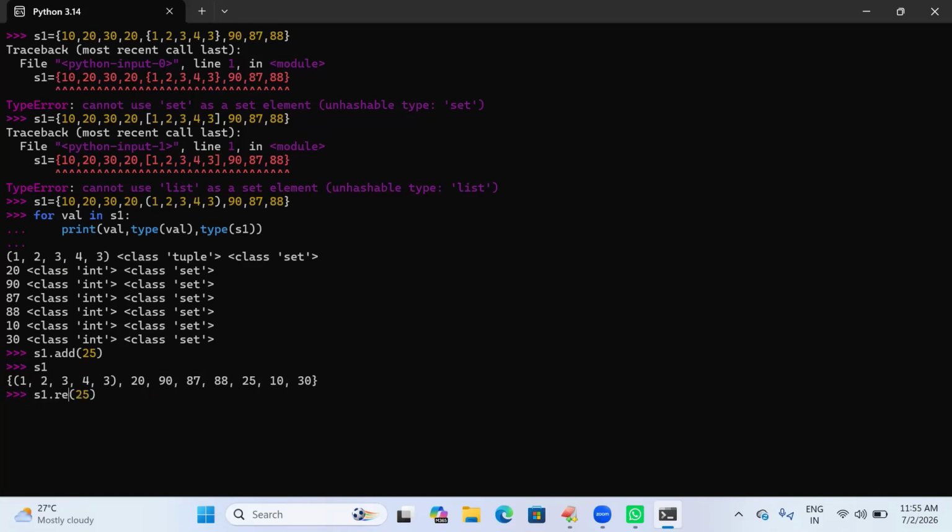We can also remove an element from the set. See here, what is the element I added? Previously I added 25. I want to remove that added element 25. See here, the 25 has been removed. Now I'm trying to access s1. See, previously we had 25 here, now there is no 25. So we can apply all predefined functions, all 17 predefined functions, on this set,